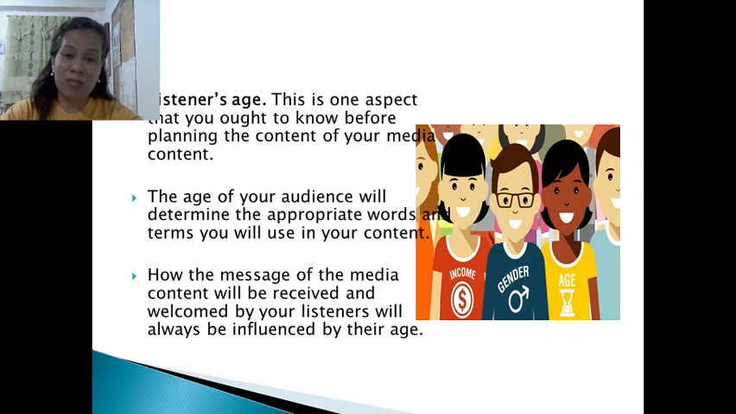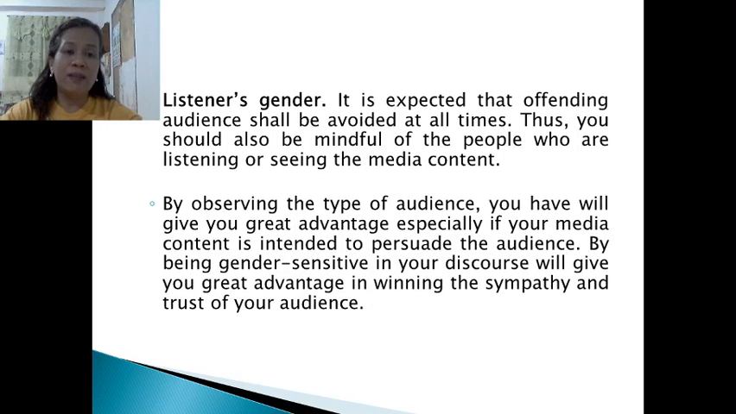So basically that is really important. How the message of the media content will be received and welcomed by your listeners will always be influenced by their age. Then gender. It is suspected that offending the audience shall be avoided at all times. Take note of that. Thus, you should be mindful of the people who are listening to your speech or seeing